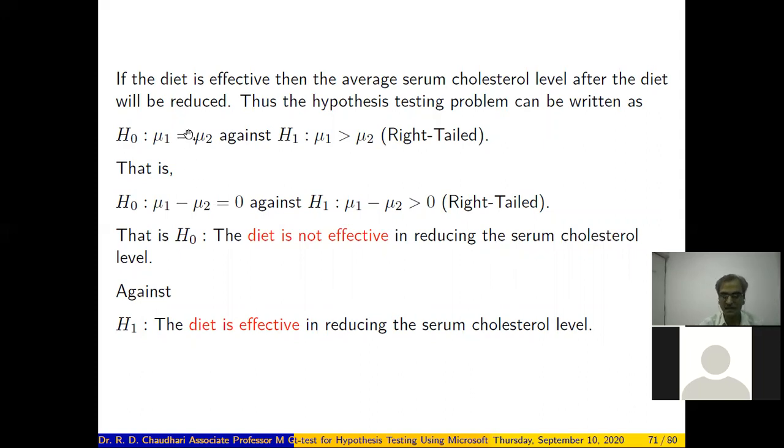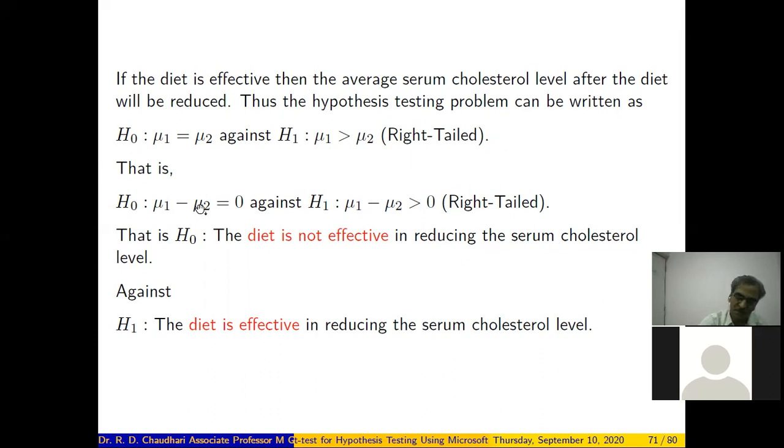The same can also be written as: if the null hypothesis is mu1 equal to mu2, it means that mu1 minus mu2 equal to 0, against mu1 minus mu2 greater than 0. That means the difference between the means is 0, against the difference between the means is greater than 0.